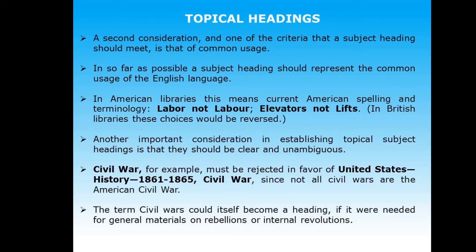So for this particular document, United States History in the period 1865 Civil War, Civil War alone cannot be a good representative, because America is only a part of Civil War, and other countries are also a part. So Civil War alone cannot fully represent this particular document. That is the point I was trying to convey.